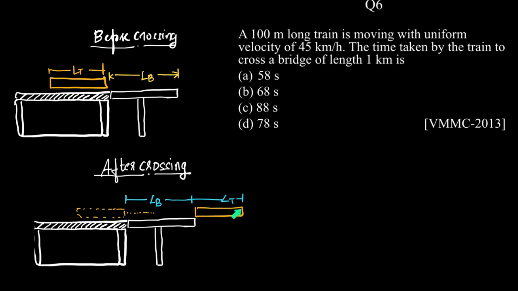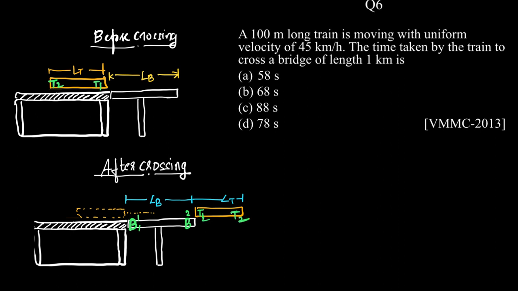Let me make a reference here so things become clearer. If you say the bridge is B1, B2, and the train is T1 and T2,